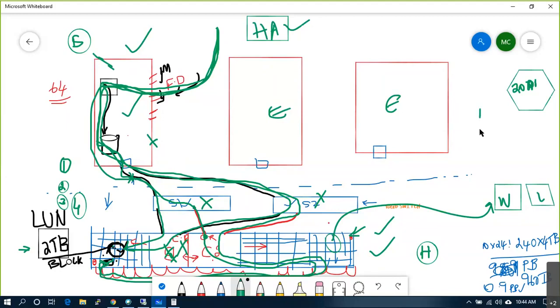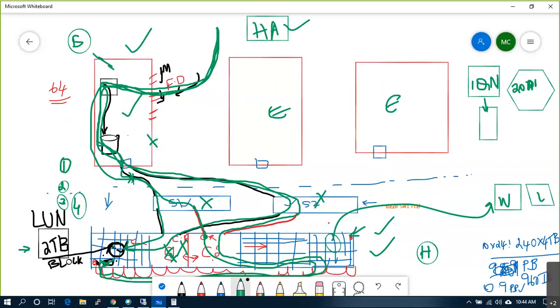When I say iSCSI adapter, the iSCSI adapter will have a unique number called the IQN number. This is the unique identification of your storage adapter. Storage systems are developed in such a way because iSCSI itself is one protocol.